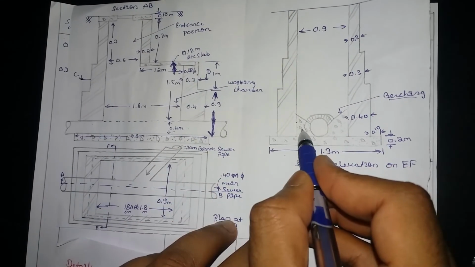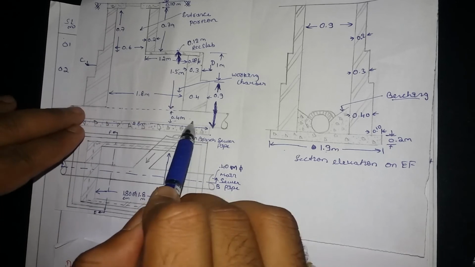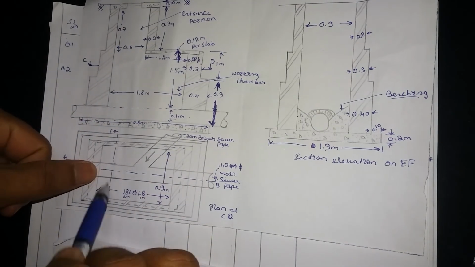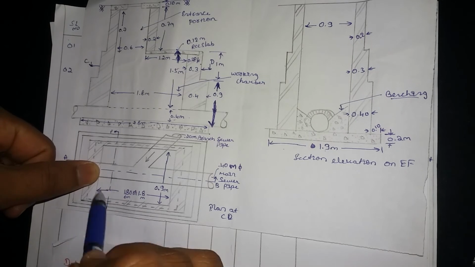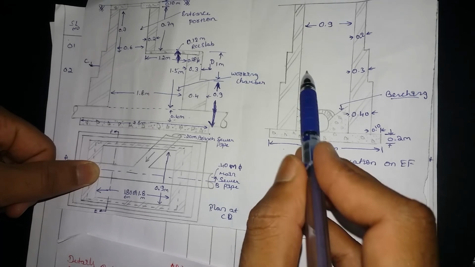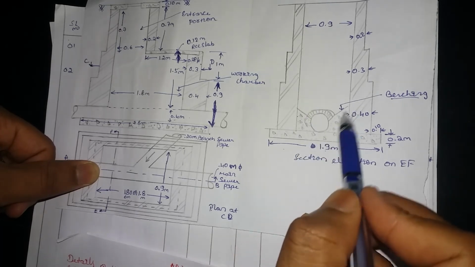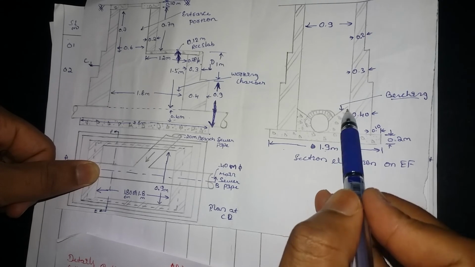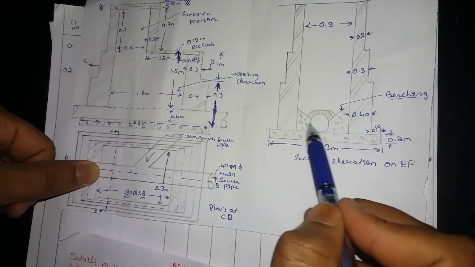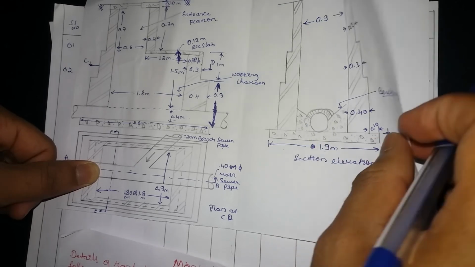So whatever the thing here, the pipe will enter inside the manhole. Okay, so whenever the pipe enters, here you can see in the plan the pipe is entering, right, after that the other two sides will be there, there we need to give supporting. So whatever we are going to give is in the form of slope. See here, in the form of a slope, whatever the water comes here should go inside the pipes, right? So for that purpose we are going to provide a benching. So this benching, in order to give it in the form of slope, we are going to provide concrete so as to get a slope, right? So we'll get it in the form of floor, so that we call it a benching, and we calculated this benching.